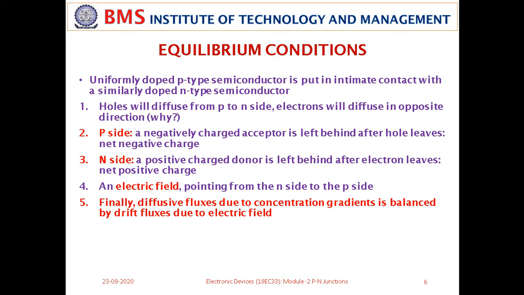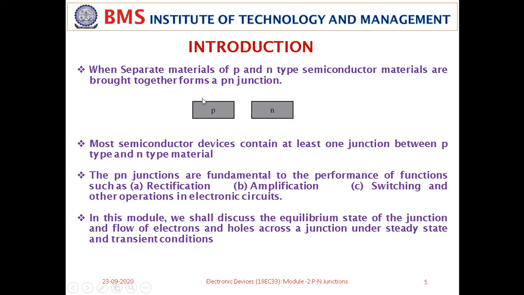Probably you might have studied in pre-university the molecule movement, the osmosis process, where the water molecules move from a higher region of concentration to a lower region of concentration. The similar thing is applicable in the case of PN junctions as well. So when we have a PN junction, you know that the P type semiconductor is made up of majority charge carriers, or holes.